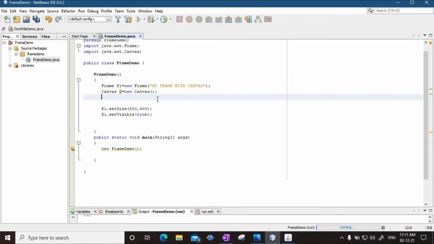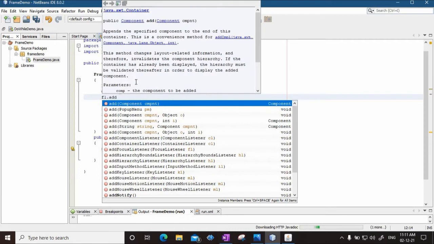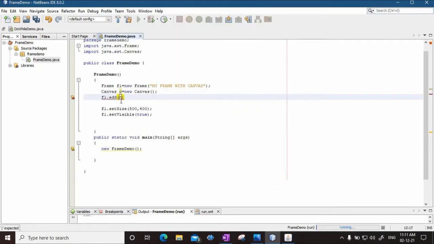Whenever you want to add any component to the frame, there is a method called add that we can use. The object of the frame is f1, so I can say f1.add(c), the canvas. By saying f1.add(c), this canvas that I have created will be added to the frame. Now this will add a simple blank canvas.